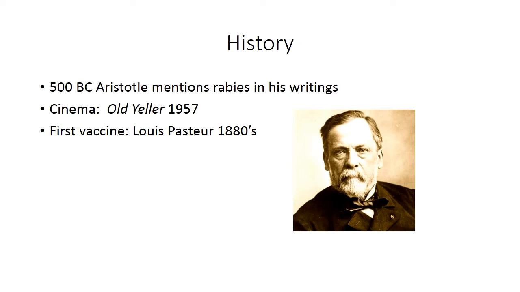Well, the opportunity presented itself when a young boy by the name of Joseph Meister was mauled by a rabid dog. Yeesh. The boy was brought to Pasteur, and taking a leap of faith, Pasteur used the vaccine, hoping for a positive outcome. The vaccine proved to be a blessing to the young boy, and Pasteur later became a hero to the world as the vaccine used worked and led to further advancements in the medical world. So that's a little bit about the history of rabies.